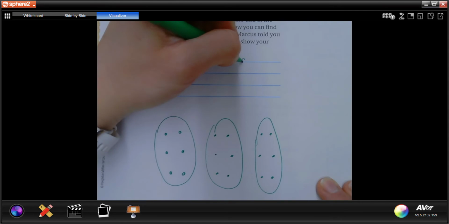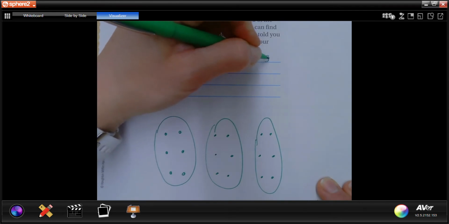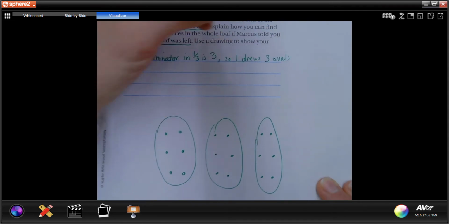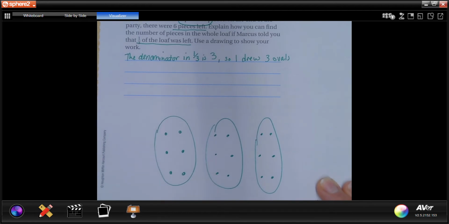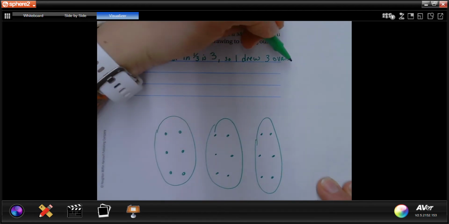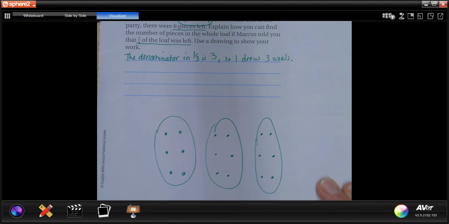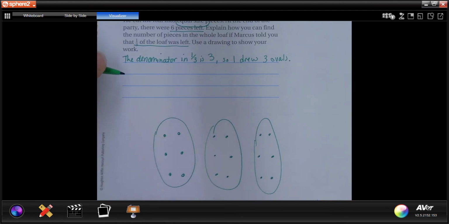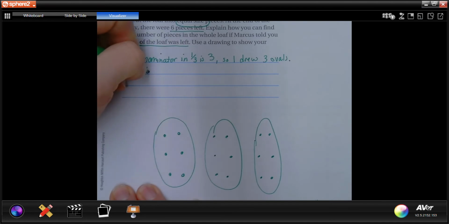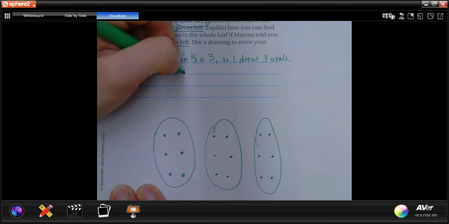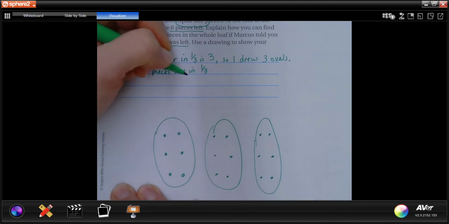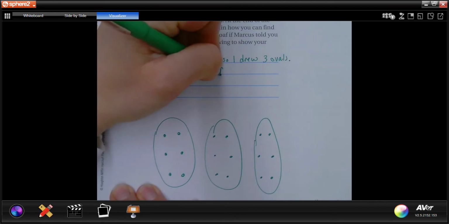So I drew 3 ovals to show my 3 groups. Then, since 6 pieces are in 1/3 of the loaf,